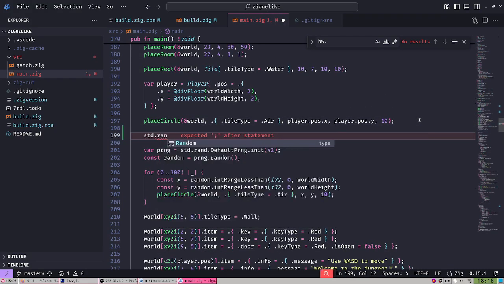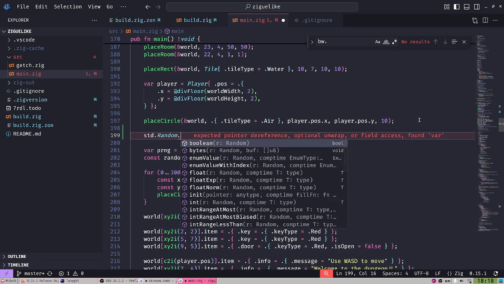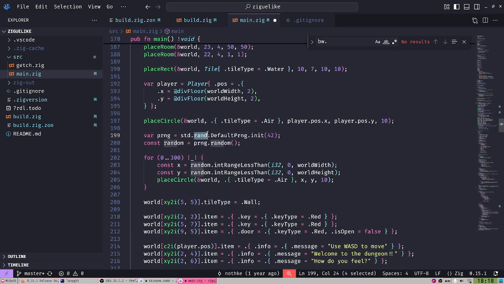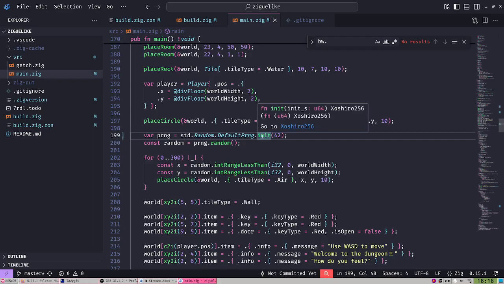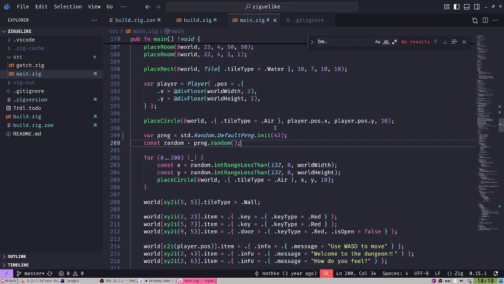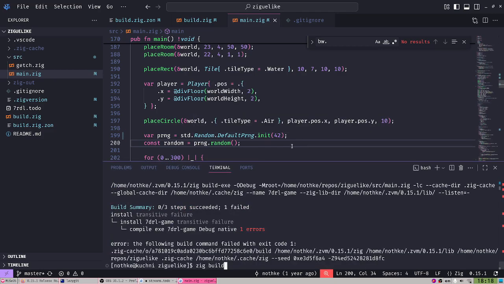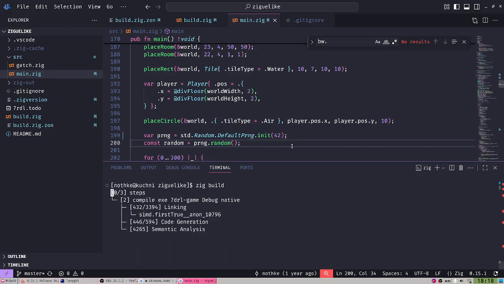So random, I guess now it's called random, right? So they just renamed that. Is that it? If we just do that, I guess. Init still exists, random still exists. Yeah, so I guess that was just a rename of the namespace from rand to random. Let's see.